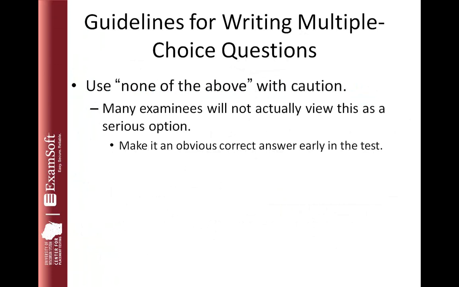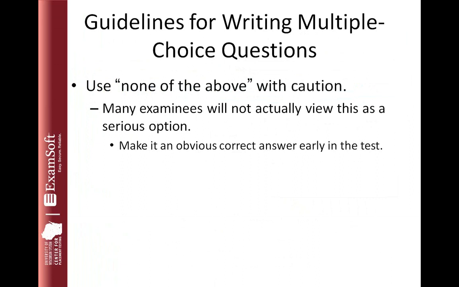Okay. And two more guidelines. The first is we want to use "none of the above" with caution. Surprisingly, many examinees will not actually view this as a serious option. They'll think that there's no way "none of the above" can be the correct answer. So we always